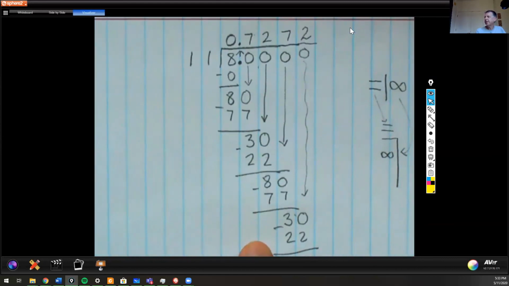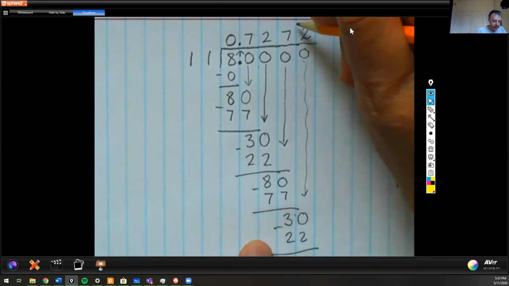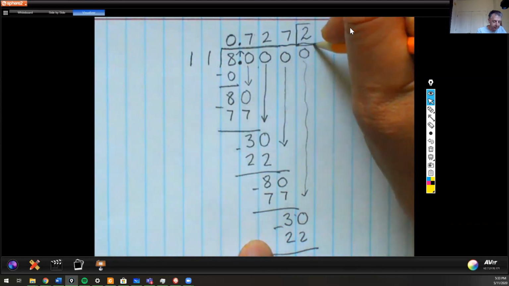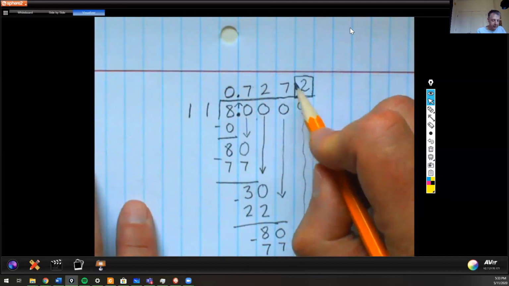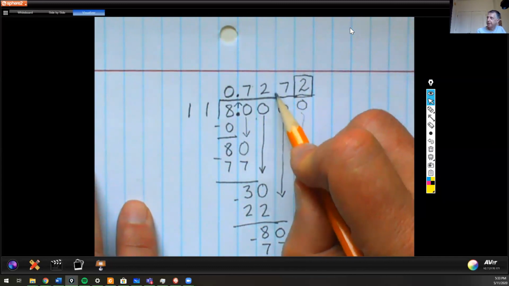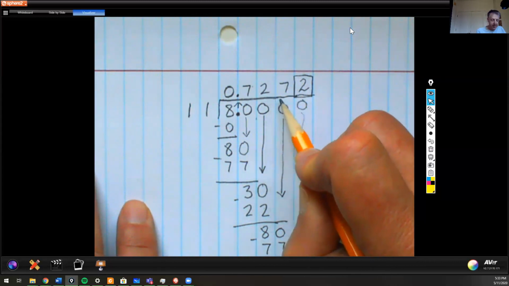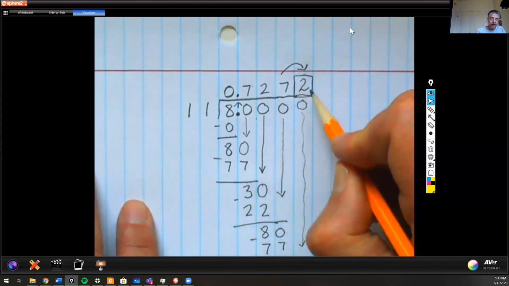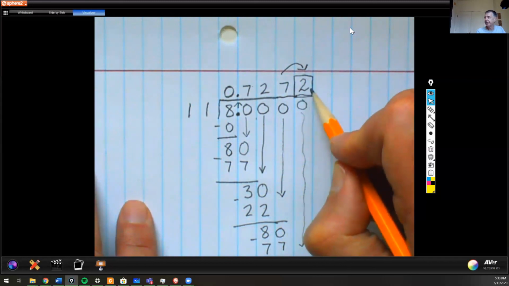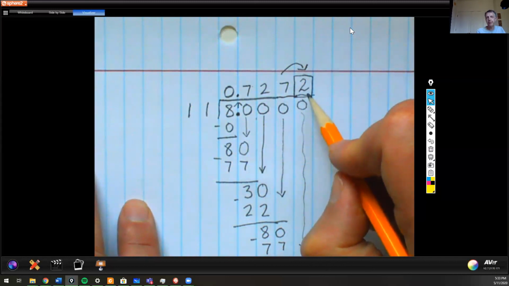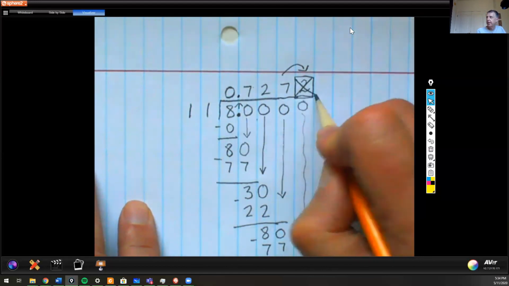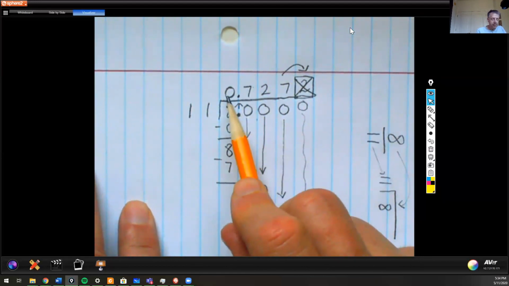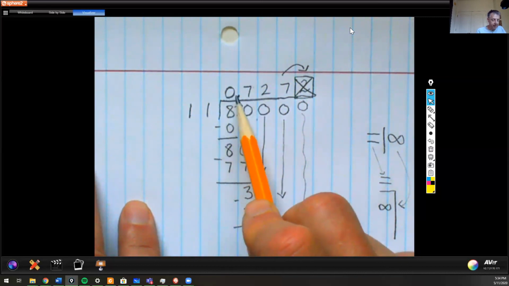So what I want to do now is stop. I want to stop at the ten-thousandths place, and I want to use that to round my thousandths place. I'm going to look here at the thousandths place, which is the 7, and I'm going to look at the 2. 5 or more, raise the score. 4 or less, let it rest. Well, 2 is less than 5. So 4 or less, let it rest. That means I'm going to just cross it out. I'm not going to use it. My decimal will be then 0 and 727